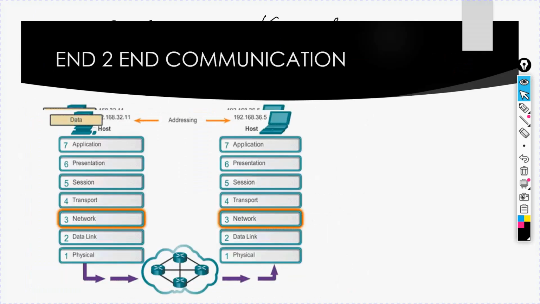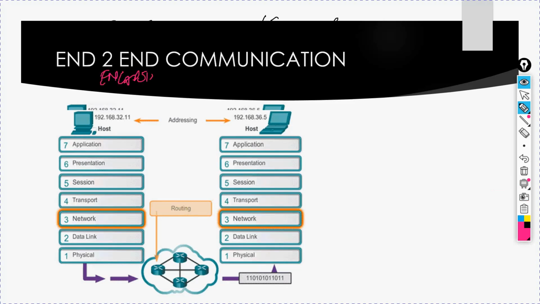Now here you see end-to-end communication is happening. I already discussed that either you say end-to-end communication or encapsulation and de-encapsulation mechanism. Why am I using the words encapsulation and de-encapsulation?